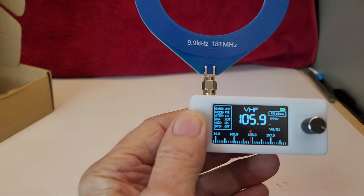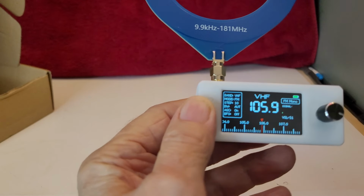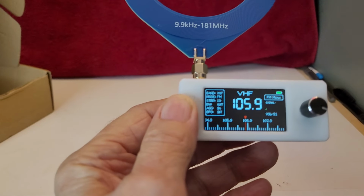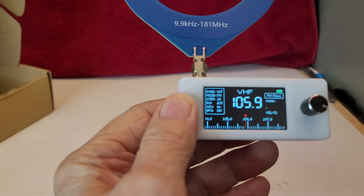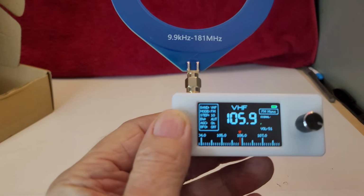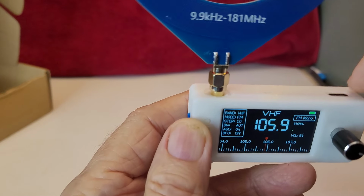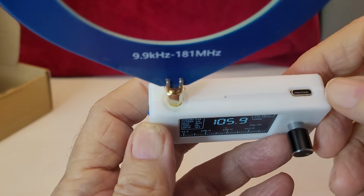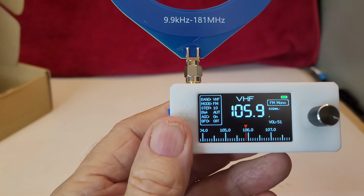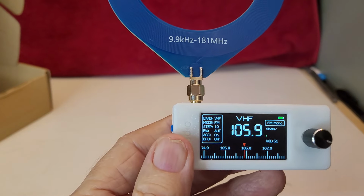This is not new. This has been out for over a year. There's lots of videos on it. Danny's video convinced me to go ahead and get one, play with it. I will try to do a firmware upgrade, but not until I've used it the way it comes. You do a firmware upgrade via this USB port, and you load some software on your PC